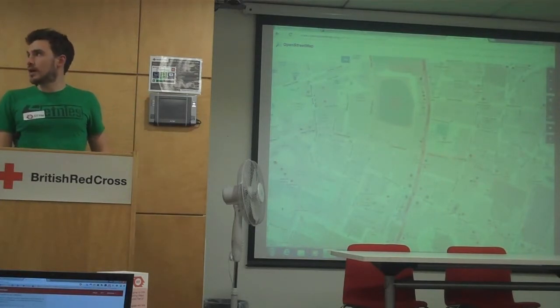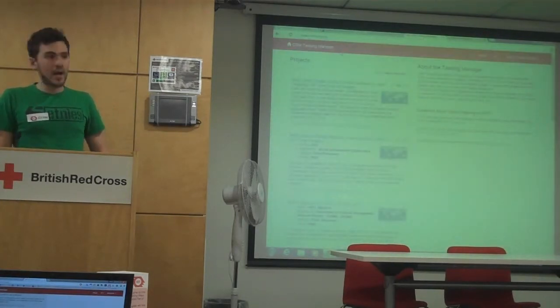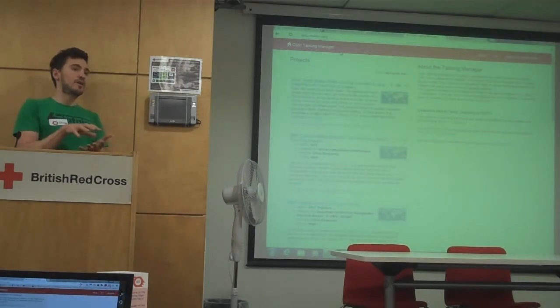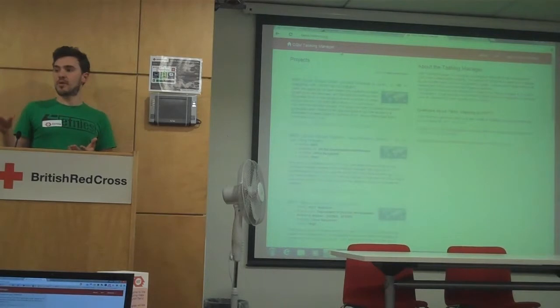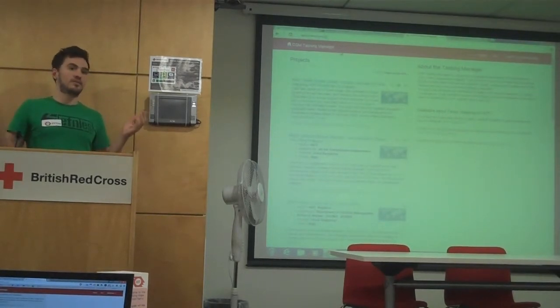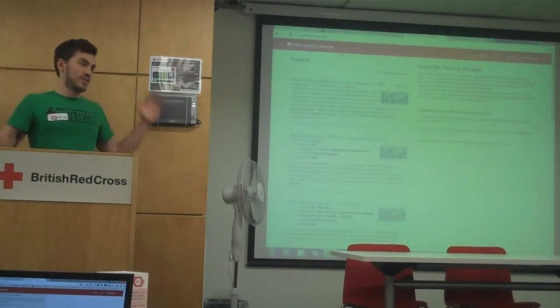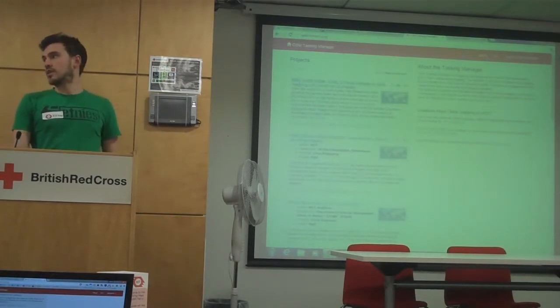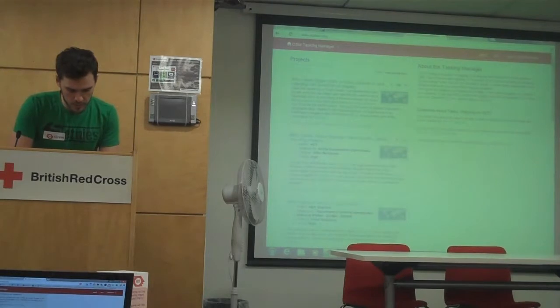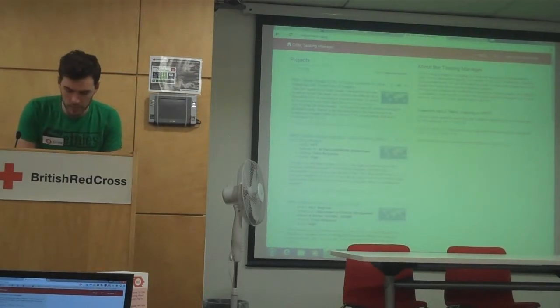So what we're going to be doing tonight is mapping an area. Now, if we all mapped exactly the same area, we would all be looking at the same satellite image, the same house or the same road, and we'd be mapping it 65 times. So obviously that's not going to be great. So the way we do it is we use a tasking manager. So if we were to click on a task,